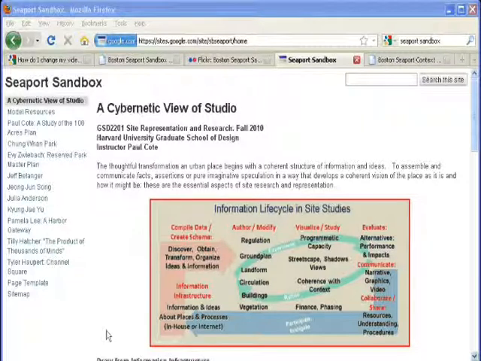I'd like to show you a project that I worked on with several students this semester to extend the information lifecycle in urban design and planning studios. We followed the typical course of a studio, collecting information from various sources to develop a conceptual model of a site and how it works, and to use that organization of information to develop experiments that we could evaluate for particular site alternatives, refining those models until we come up with an interesting site scheme that we can communicate using